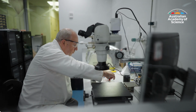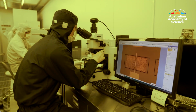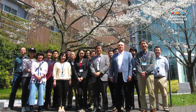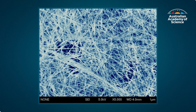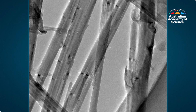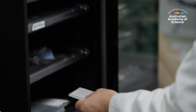Professor Golberg began his research career in Moscow before joining the National Institute for Materials Science in Japan in 1995. There, he became one of the first researchers in the world to study the properties of boron nitride nanotubes. By serendipity, we found that these tubes exist in nature, because at that time only carbon nanotubes were known to the society. It turned out boron nitride nanotubes are not only as mechanically strong as carbon, but they also have